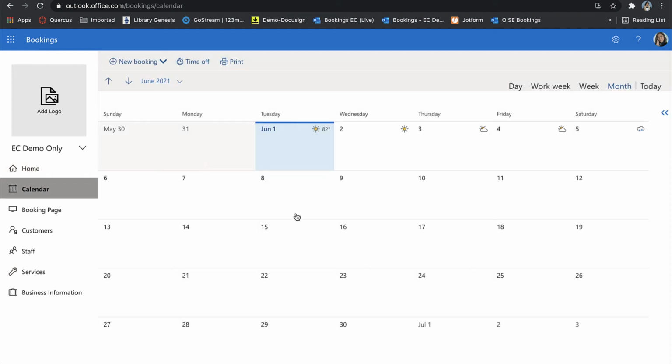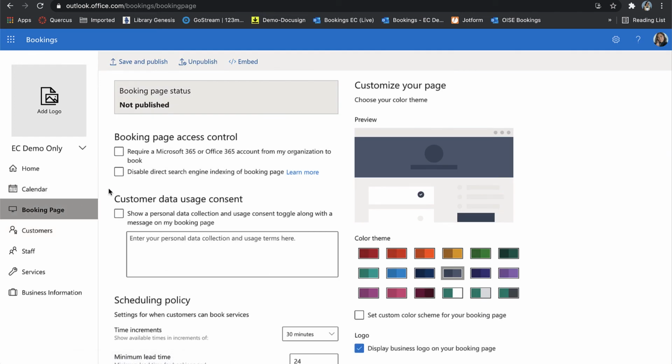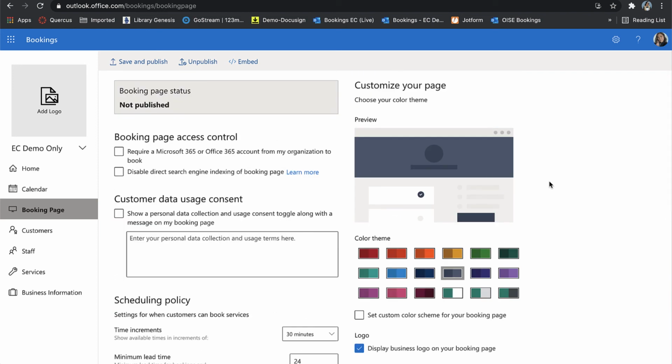All right, so this is how the calendar in MS Bookings looks like. If you have all staff that has an existing appointment, you'll be able to see it here. Now let's go to the booking page. As you can see here, it is not published, so make sure that last minute changes have been made